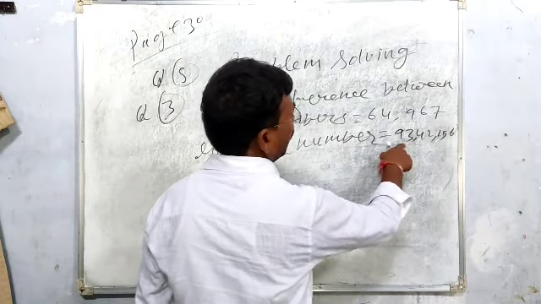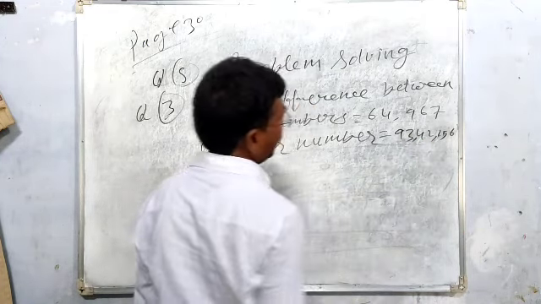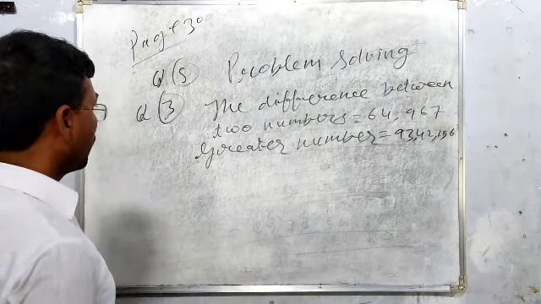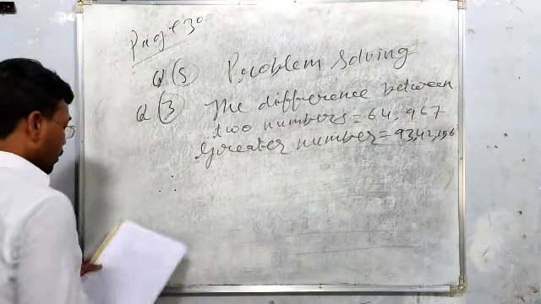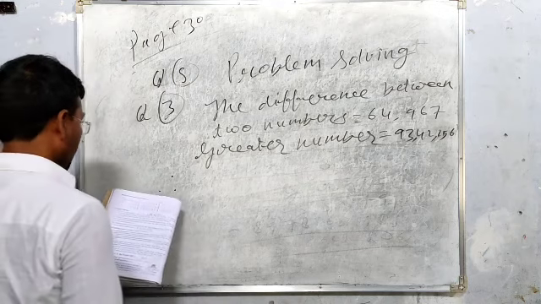We are asking for the smaller number, hence you can write: hence the smaller number is